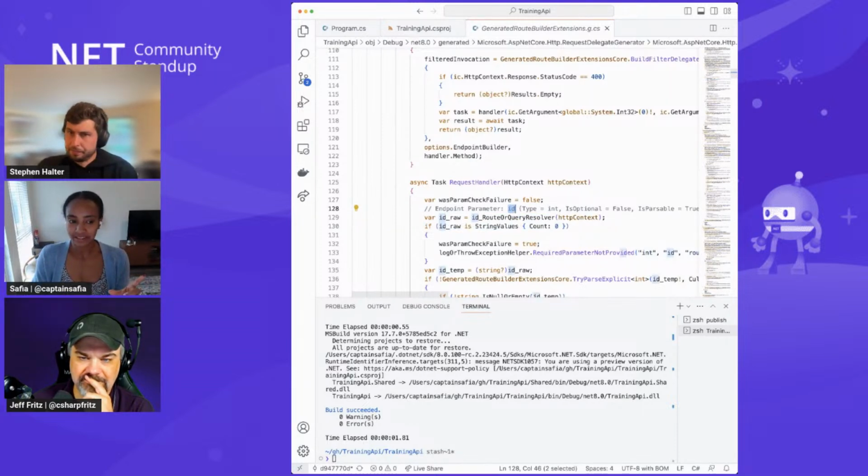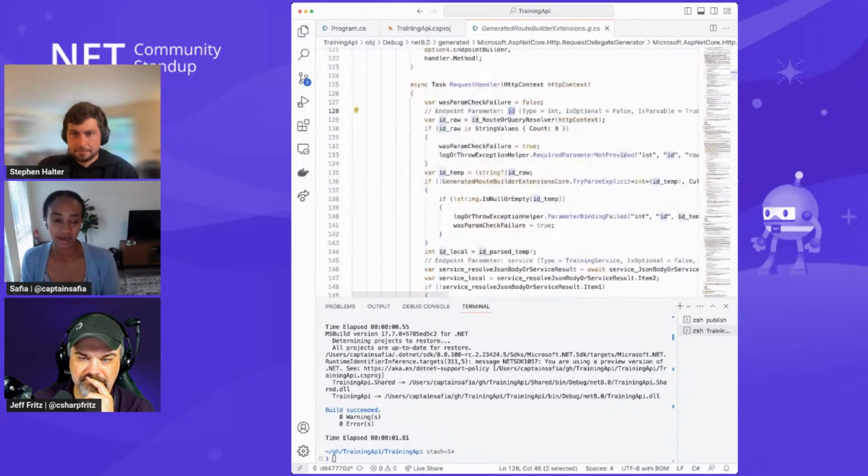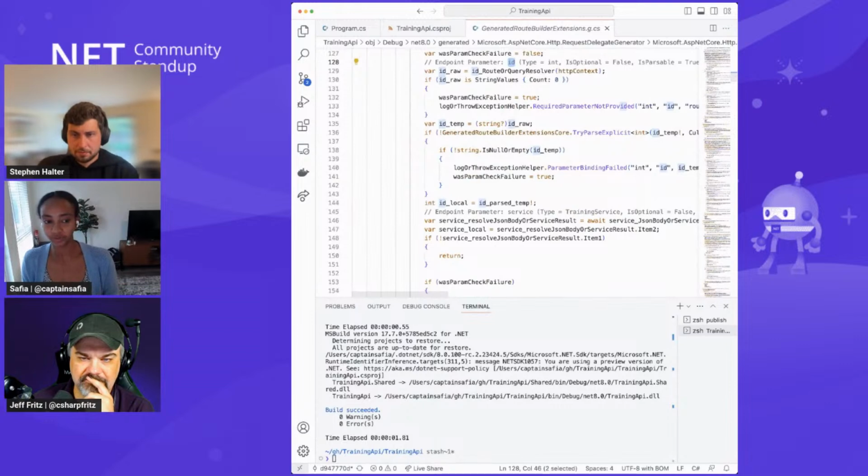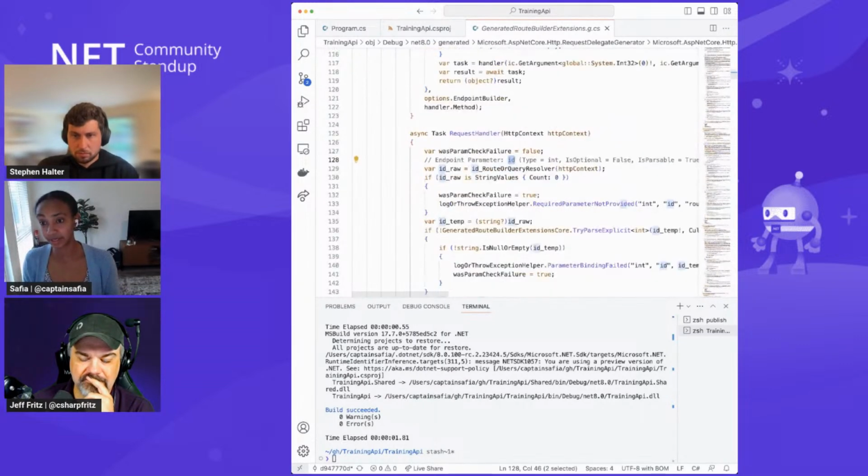Well, you probably intended to resolve that from the route parameters or as a query. So we're going to try and extract it from the route or query. We're going to do some checks to see that you've actually provided it since it's a required parameter. So you can actually read through all of the code that's generated here and understand step by step what your minimal API is doing.